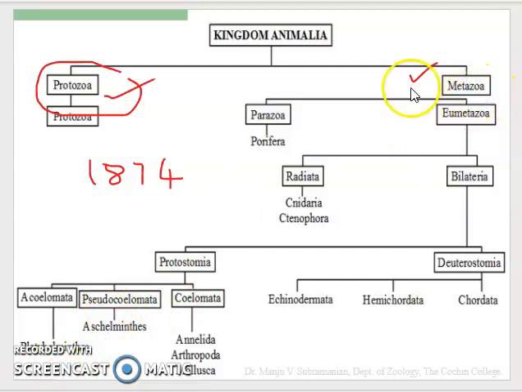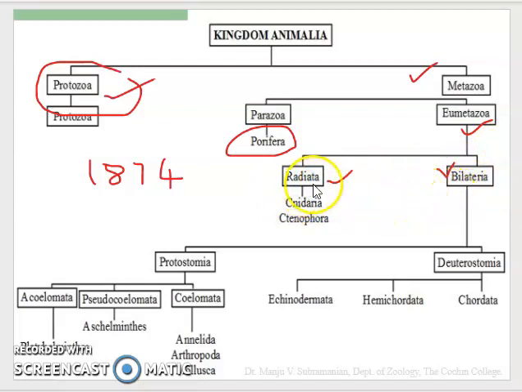These metazoans, or the animals, are divided into Parazoa and Eumetazoa, and the Parazoa includes Porifera, which you will be studying in this semester. And there are the Eumetazoans, which are divided into two groups, that is the Radiata and